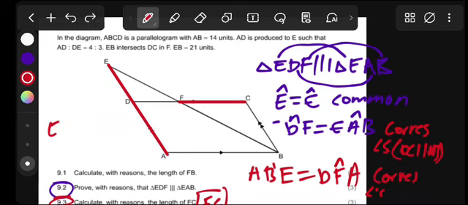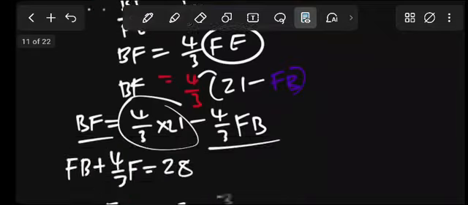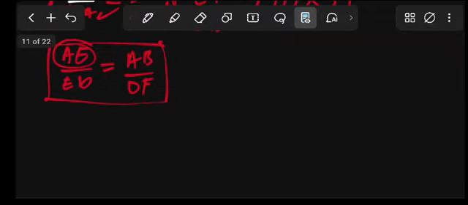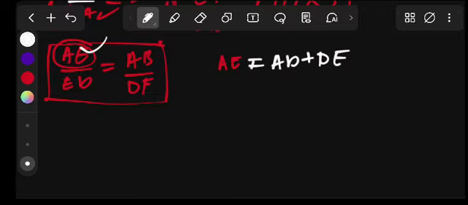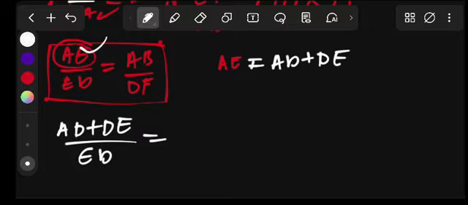Become the sum of what? Of AD plus DE. That is our AE. So AE, you can replace that. AE is the same as AD plus DE, as you have seen. So we can replace that, it will be AD plus DE over ED is equals to